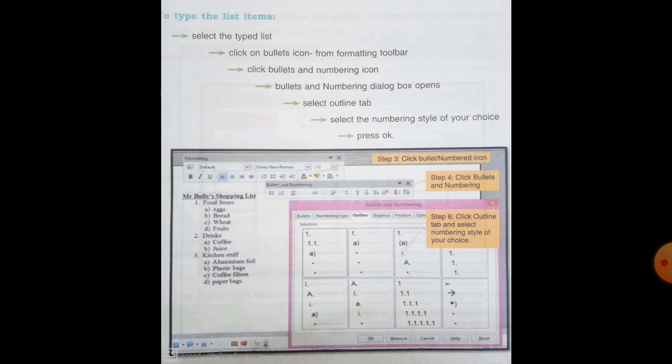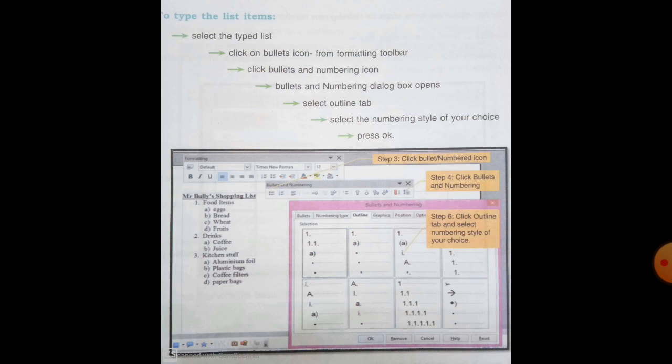To type the list item, we can follow the following steps. First of all, select the typed list, then click on bullet icon from the formatting toolbar. Then click bullets and numbering icon.